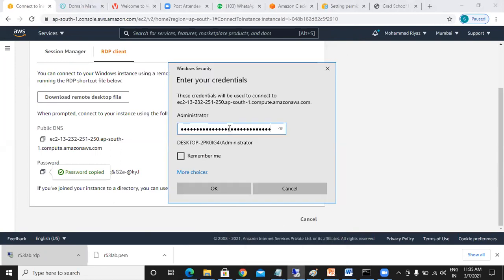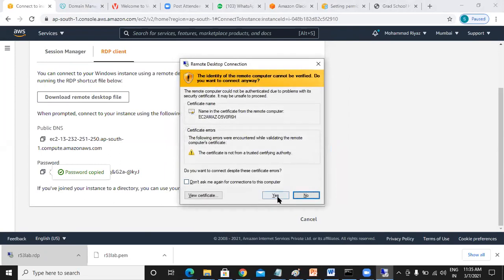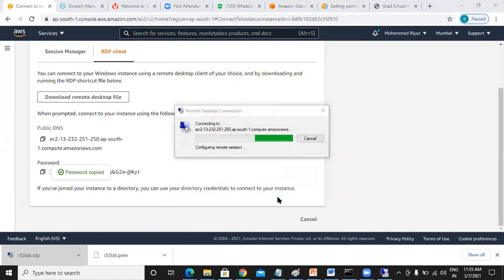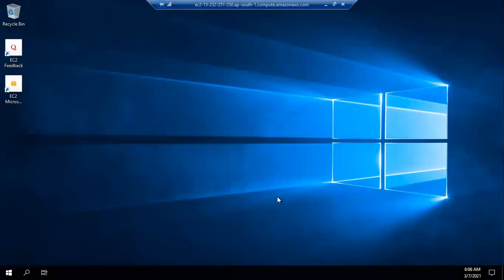Okay, Control V. Yes, so you're able to access. Just wait for a second. Okay, it's loading. Now it's got loaded.